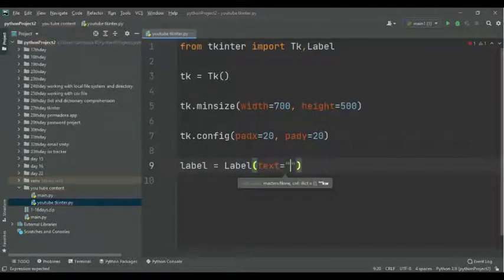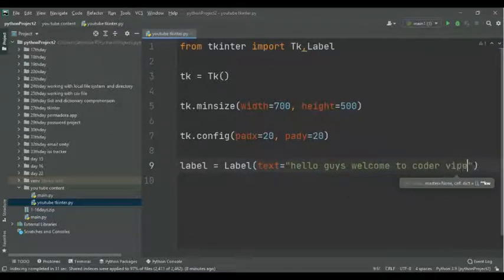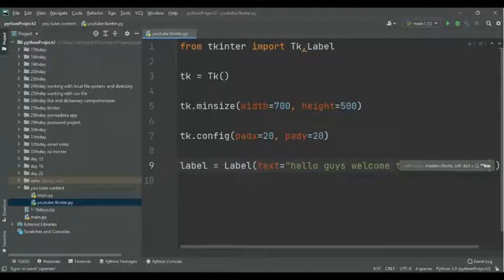let me give "Hello guys, welcome to Viper Sun." This is the label I have given, and next thing I want to do, label text equal to